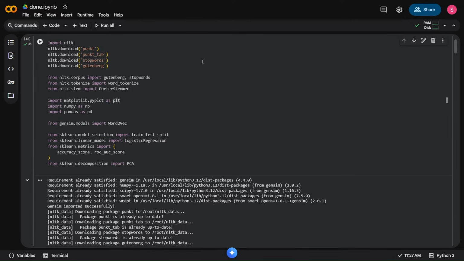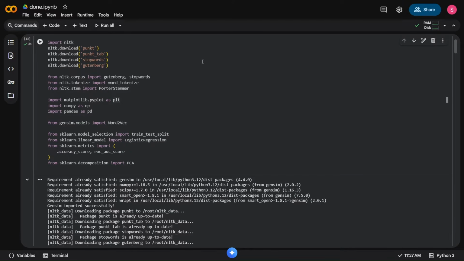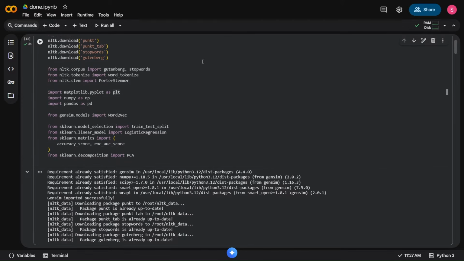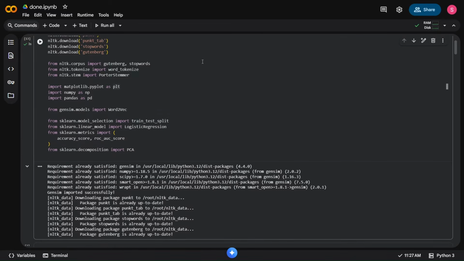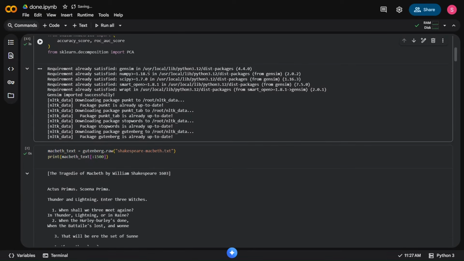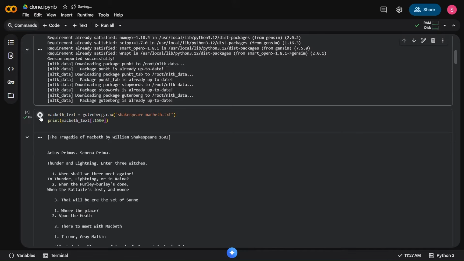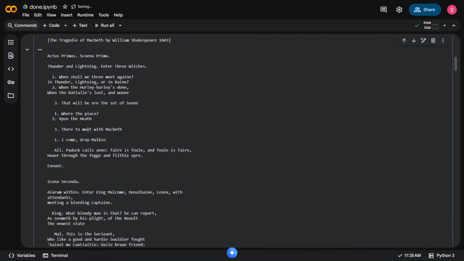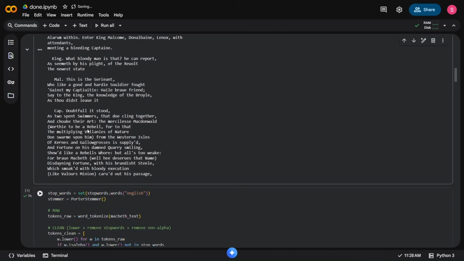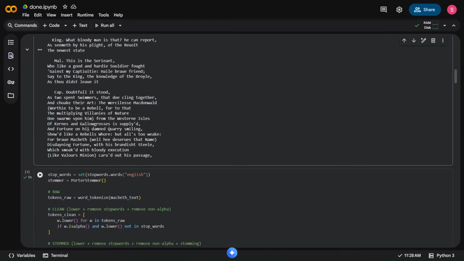I then download several important resources, including Punkt for tokenization, stopwords to remove common words, and the Gutenberg dataset, which contains classic literary texts, including Shakespeare's Macbeth. Using the Gutenberg corpus, I extract the full text of the play Macbeth and store it in a variable called Macbeth_text. I also initialize a list of English stopwords and a Porter stemmer, which is used to convert words into